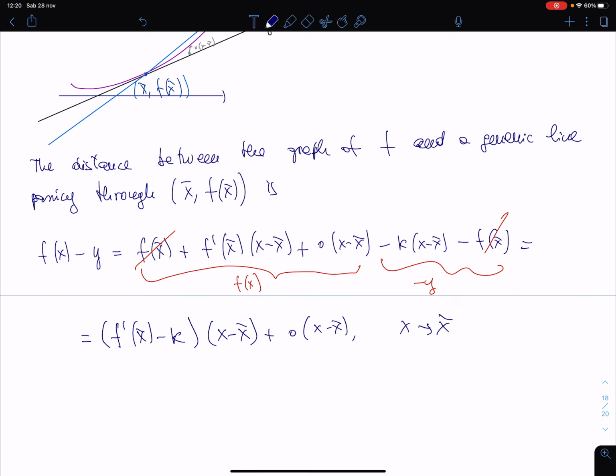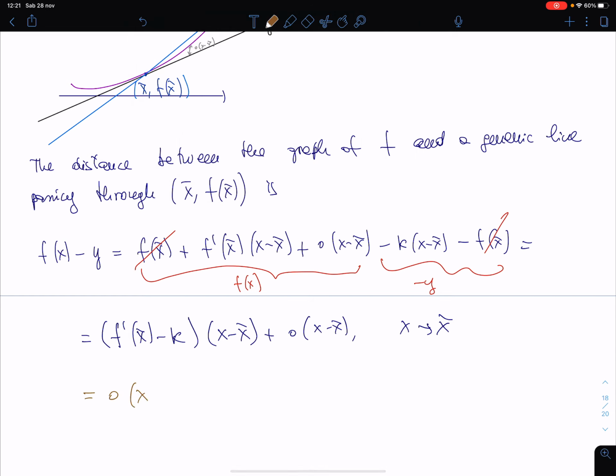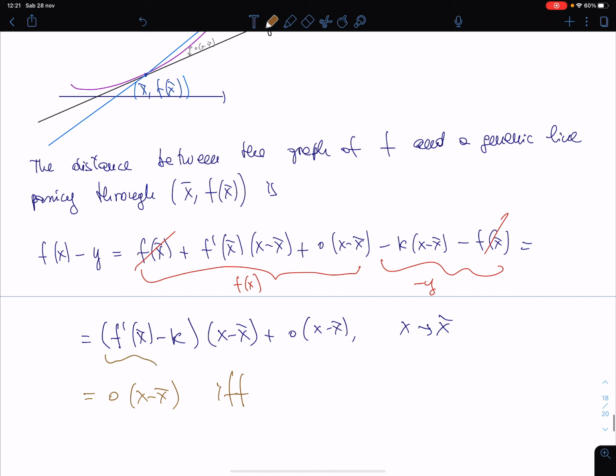Now, the point is that this is equal to the little o of x minus x bar if and only if this factor here is equal to 0. Namely, if and only if this term disappears so that little o of x minus x bar remains alone. Otherwise, if this guy is different from 0, we have here a term which is not little o of x minus x bar, but which is exactly of the same order of x minus x bar. So this is little o of x minus x bar if and only if